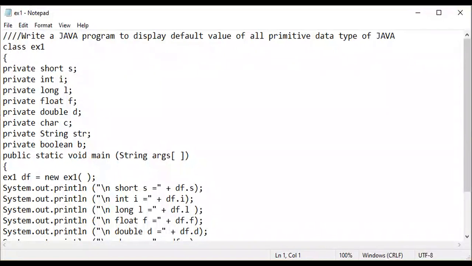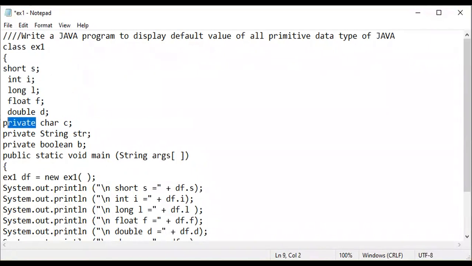Yeah, I told you the default values of all primitive data types, and we can declare those like this. Here everything is private by default, no need for static or private, and we can define them as they are. And you all know that in Java the default declaration is public. In C++, the default access of variables in a class is private, but in Java, the default access of variables in a class is public.